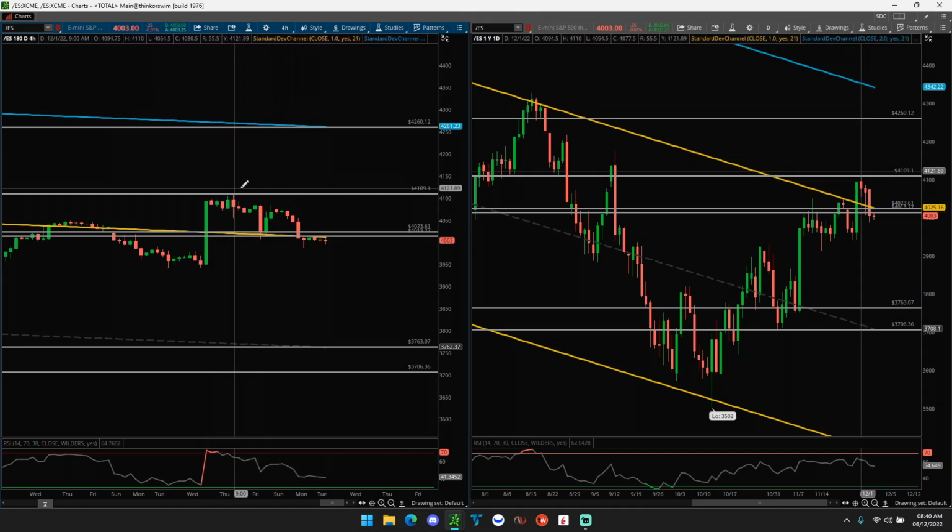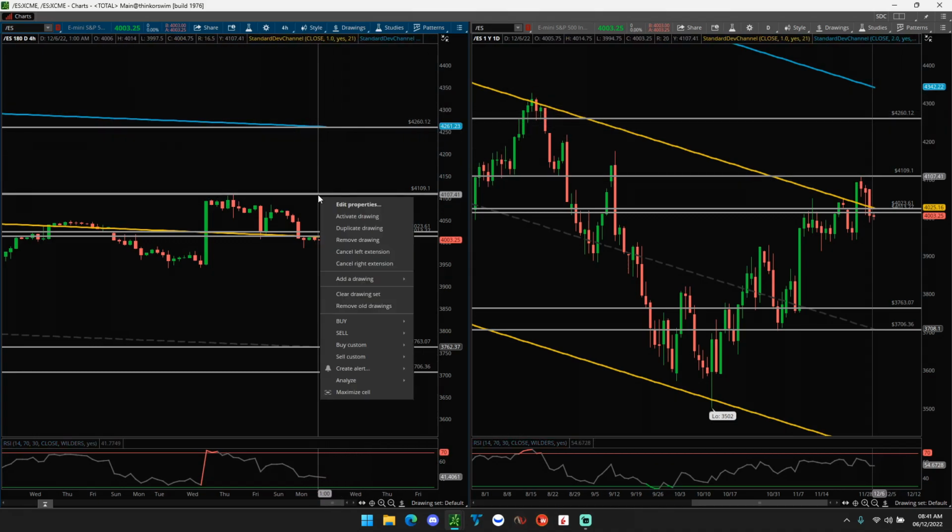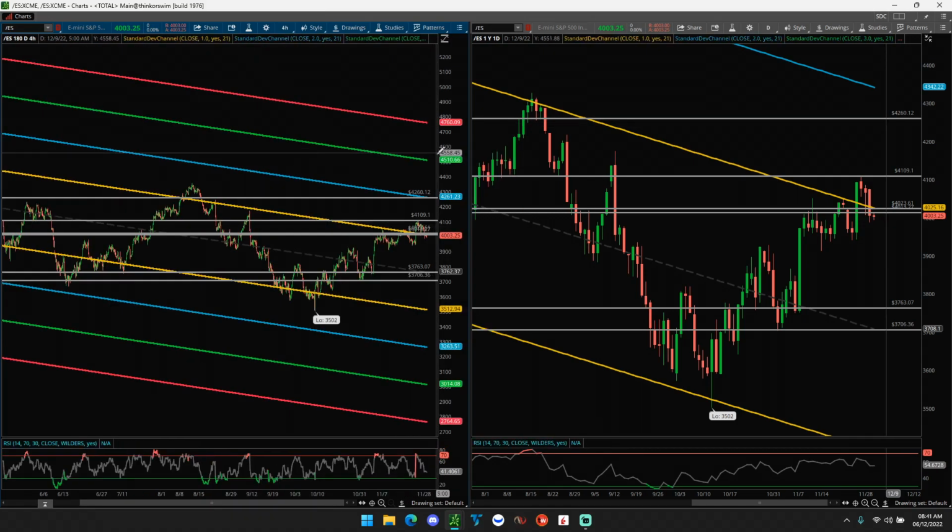On the other hand, like I said, the easiest way to dictate if it's strong is if we can break back above this 4,100, again, ideally a close as well for that added confirmation. Then there's a good chance we're going to continue going up, and we would expect around a 3.5% move to the upside to around 4,260. So again, that's a shorter term outlook.